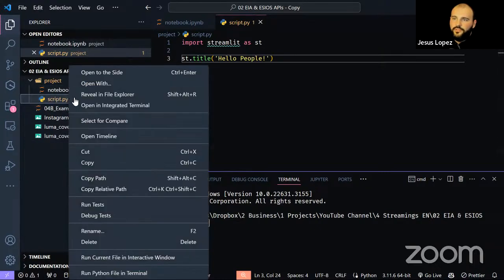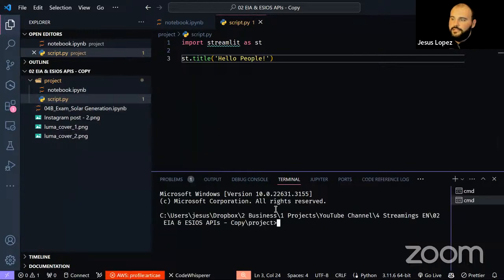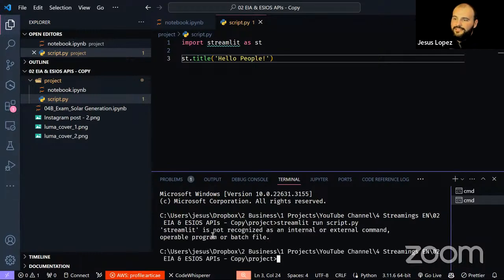So we go to the secondary button, open in integrated terminal. And now the command to execute would be streamlit run and the name of the script, which is script.py. Now, if I execute it, at the beginning it says that streamlit is not recognized as an internal or external